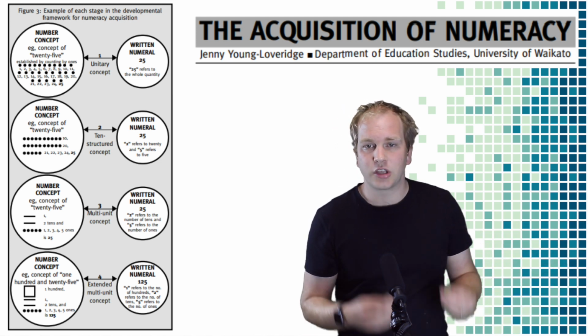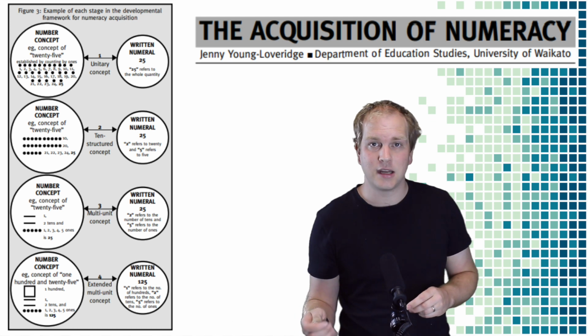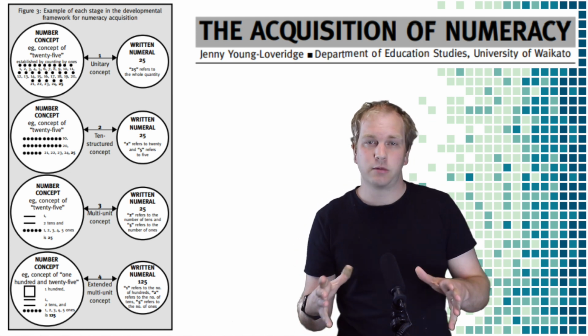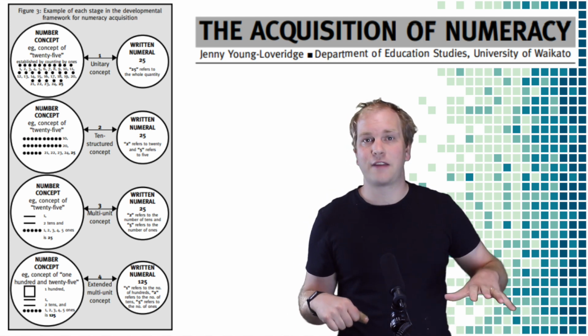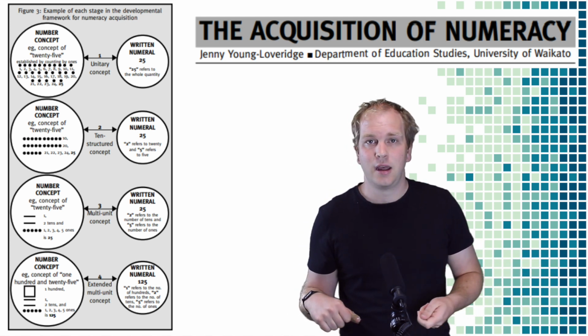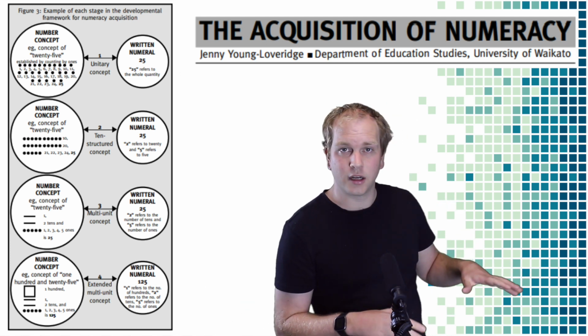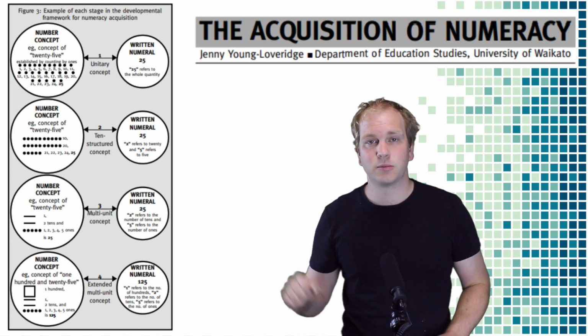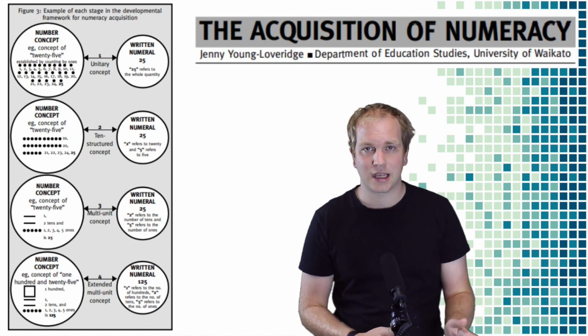The way you can check to see that students are in the multi-unit stage would be, if we give them that example before of 56, if I laid out, let's say, 5 bundles of bundling sticks, and then 6 more, they would just be able to look at it and go, well, I've got 5 tens, 6 more, 56. They wouldn't be stuck having to count by the decades.